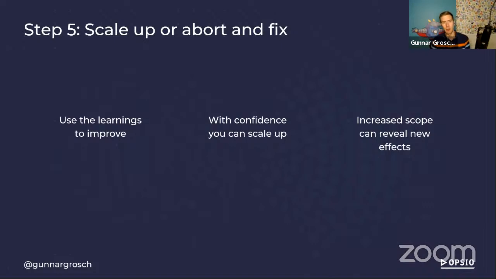And when we increase the blast radius and have a bigger scope, we usually find new effects. For instance, latency, that's something that if we inject it on a small percentage of invocations, it might not affect the solutions. But as we increase that rate and have it in 20, 30, 40%, then perhaps we're getting a latency that is affecting a bigger part of the system. So it might reveal new effects that we didn't see before.